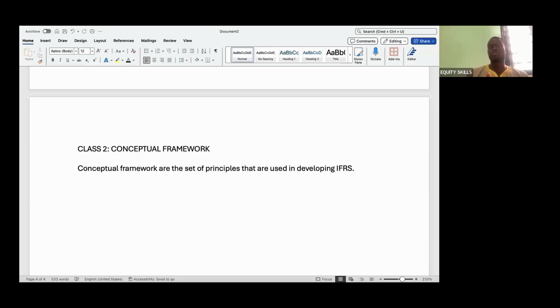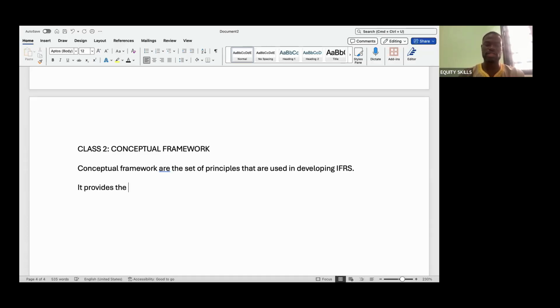So, which is why you find them asking this topic every diet. Because if you don't know this, you can't understand IFRS, because it's the set of principles itself. So ultimately, okay, as I was saying, this conceptual framework, really,